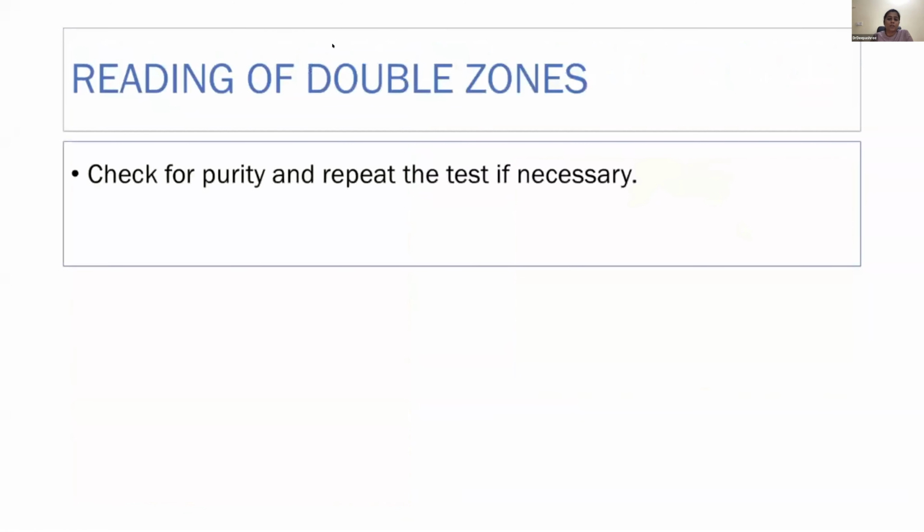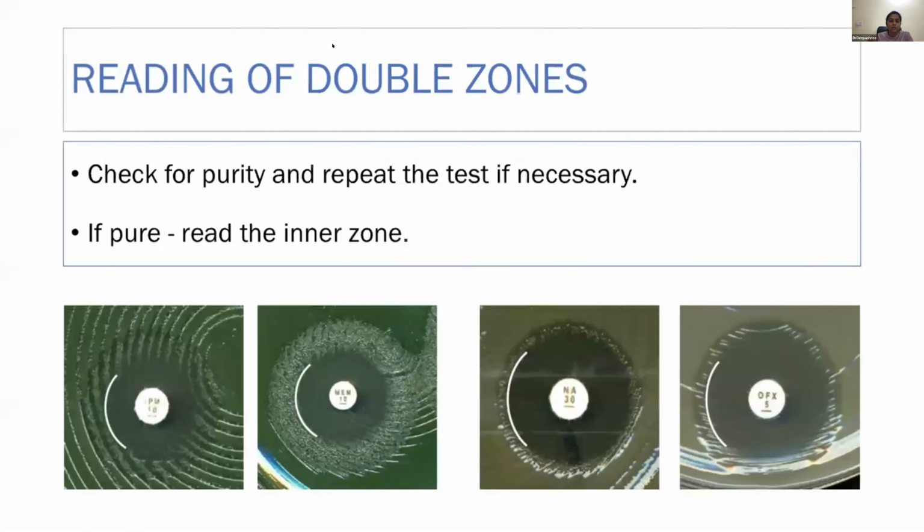If there is a double zone, especially for postgraduates who are now learning how to measure zone diameter, the first thing you need to confirm is whether it is the same colony of interest. For that, you do a gram stain, and you also look at the colony morphology on the MHA plate. Gram stain is a must if there is a double zone. Confirm whether it is the same colony. If it is not the same colony, repeat the test. If it is pure, then you take the innermost zone as your zone margin for measuring